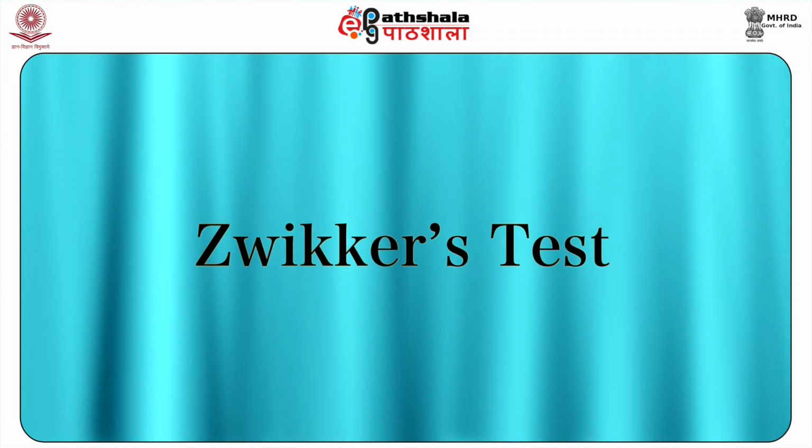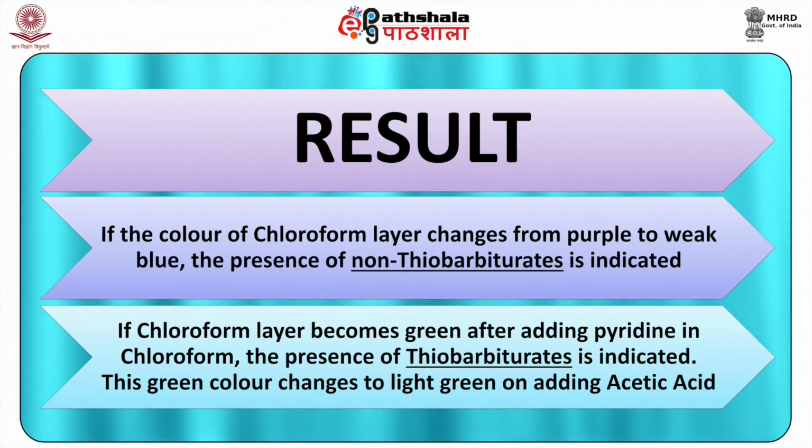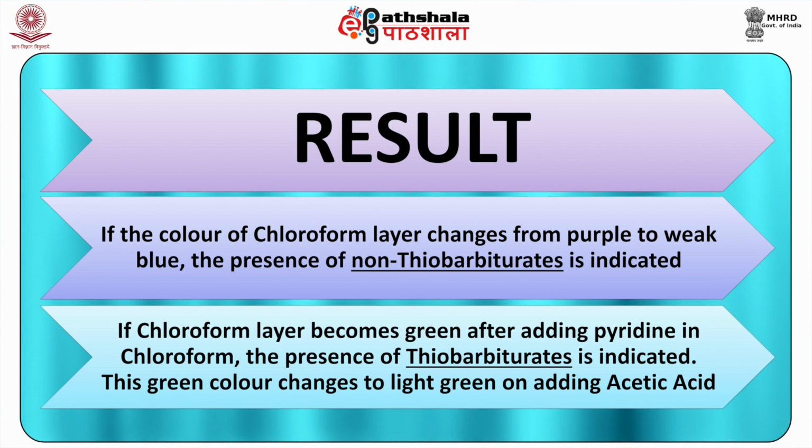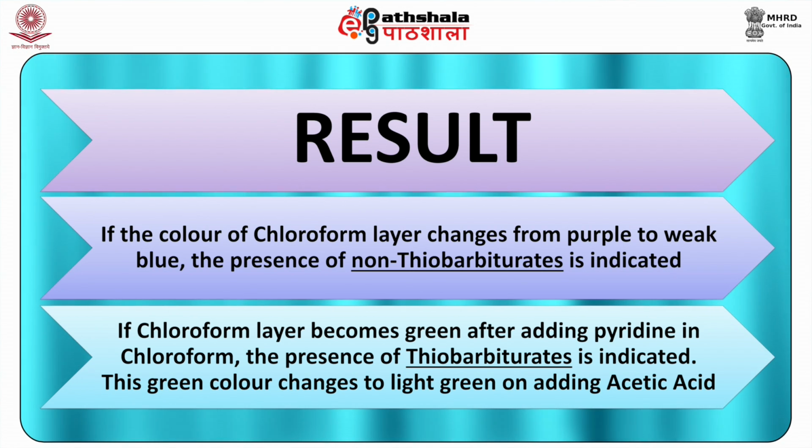Next is Zwicker's test. The residue of extract is taken up in chloroform. To 1 ml of chloroform extract, 2 to 3 drops of 0.5 ml of 5% pyridine in chloroform is added and shaken. The color of the chloroform layer becomes purple. Then 1 drop of glacial acetic acid is added. If the color of the chloroform layer changes from purple to weak blue, the presence of